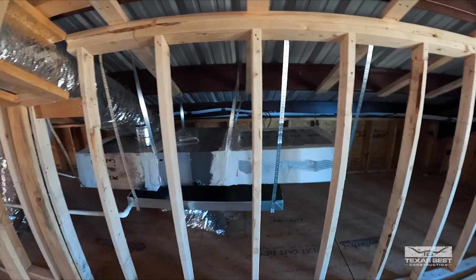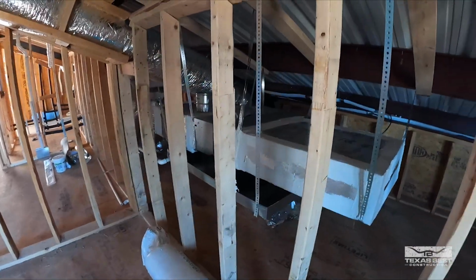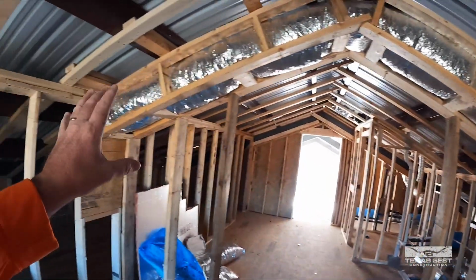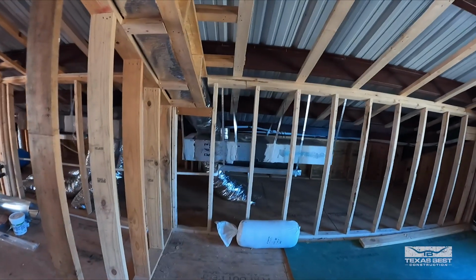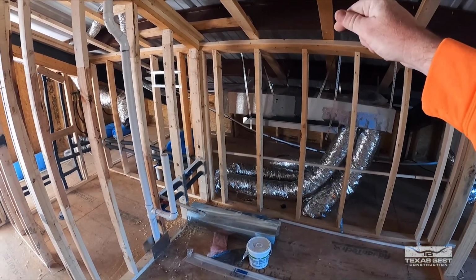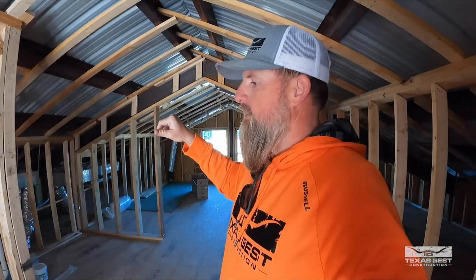You can see how slim it is, which takes up a little less space, which is pretty convenient for this small area that we have in here. But over here on this side is the return, which is in this area. We're also going to have the thermostat in this storage area, so that's feeding all of this area. And then the other unit back here is actually feeding the closet and the bathroom, as well as the laundry area downstairs. So that's how we processed all the loads and everything